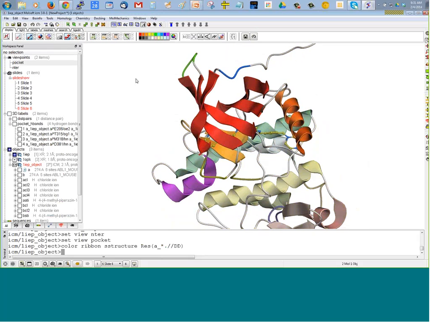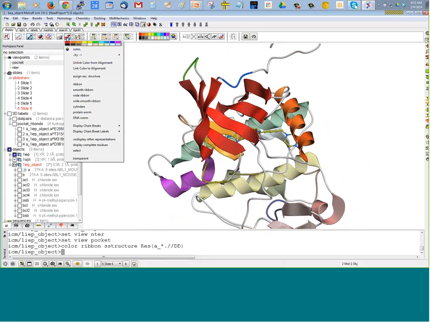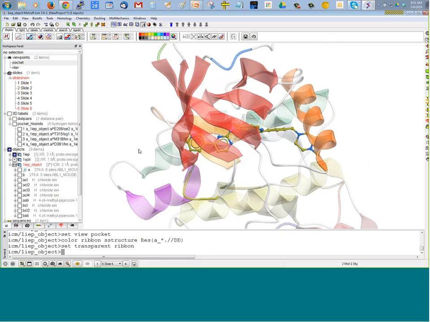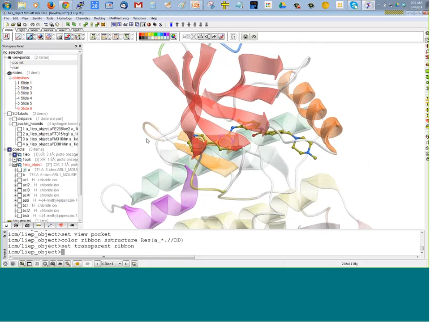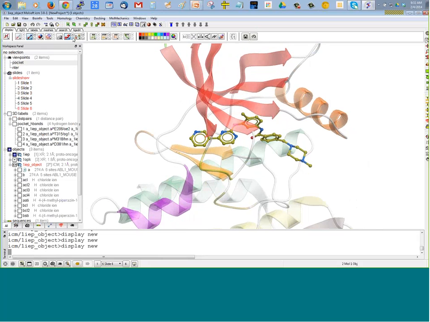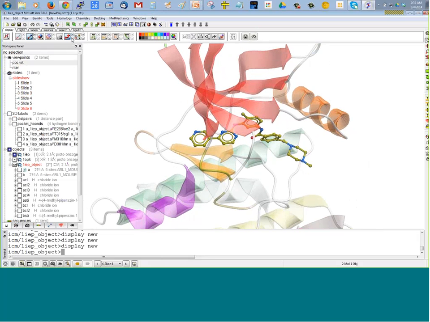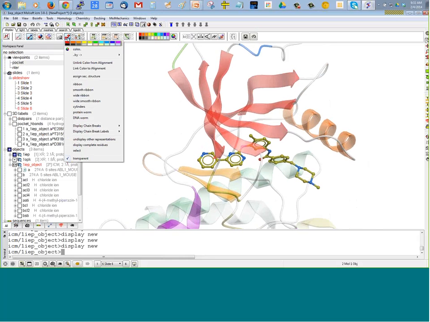So to activate the ribbon transparency, you can click and hold on the ribbon button and choose transparent, and then transparency is shown. I should have pointed out that you can change the width of most of the representations by clicking on the plus and minus button here. And also, if you click and hold, there's other options such as wide ribbon,